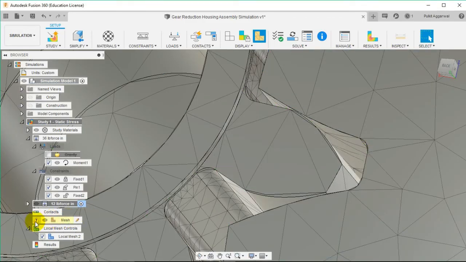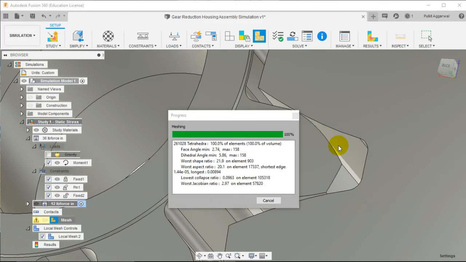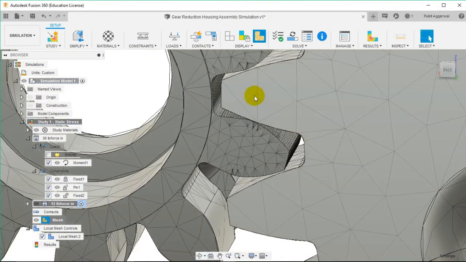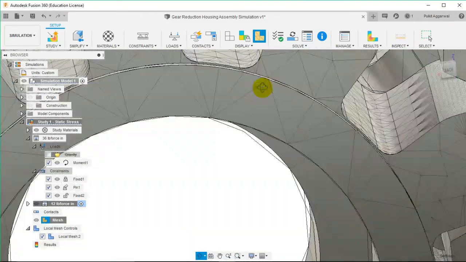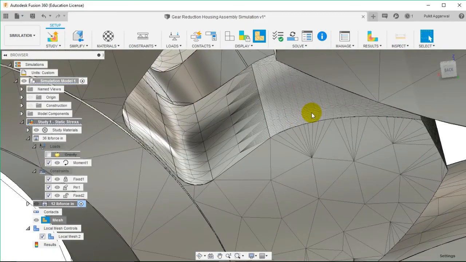Now we can see an error sign at the mesh. So simply right click and click generate mesh. This will again generate a mesh with the local mesh controls at these selected surfaces. So now we can see that the mesh size is quite fine in these areas that we selected.